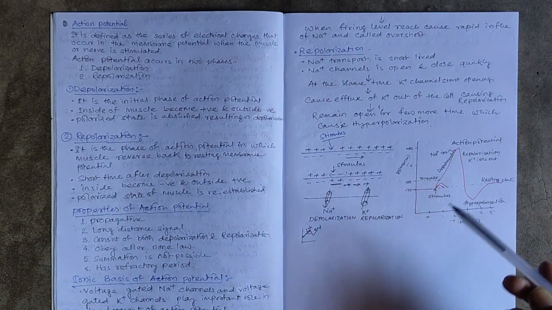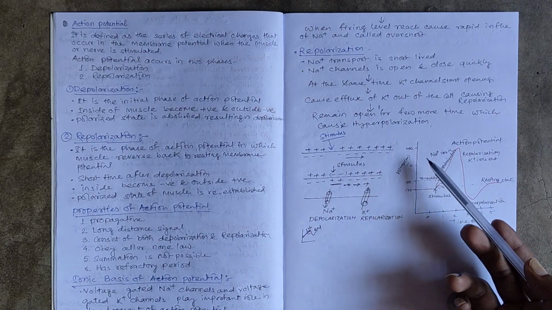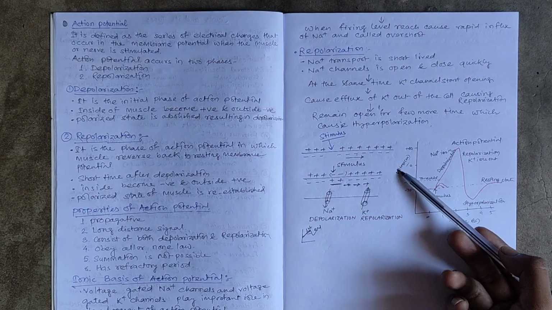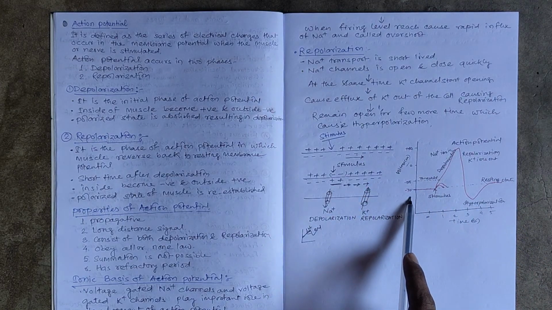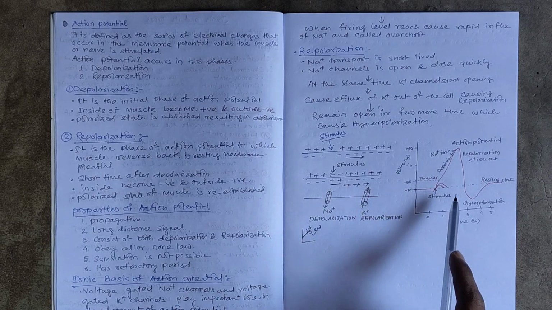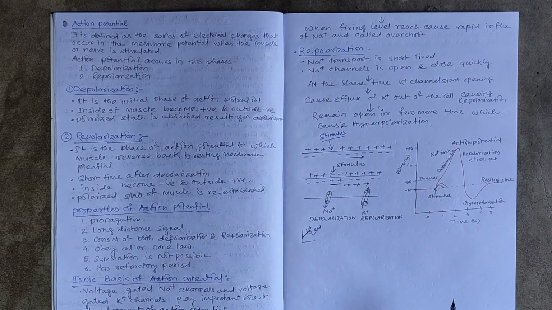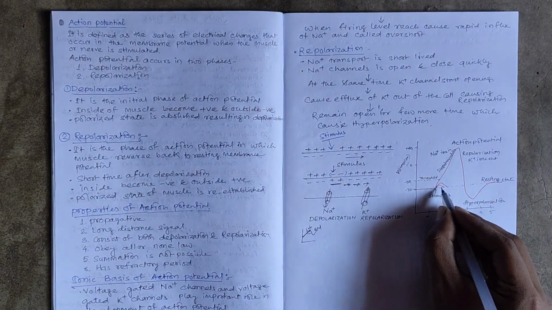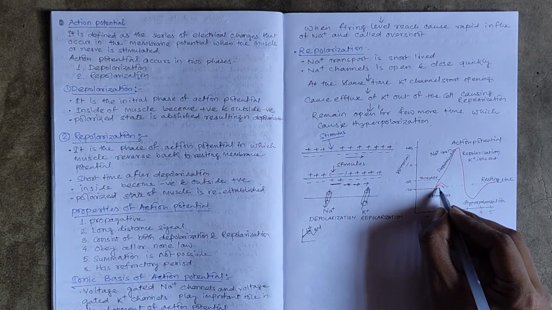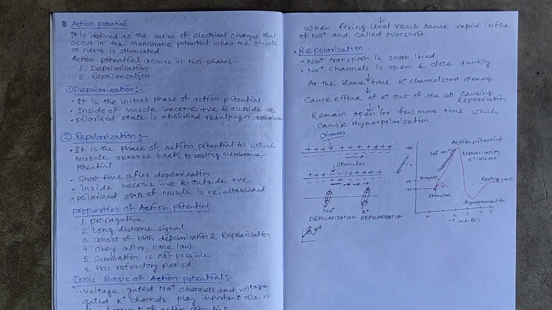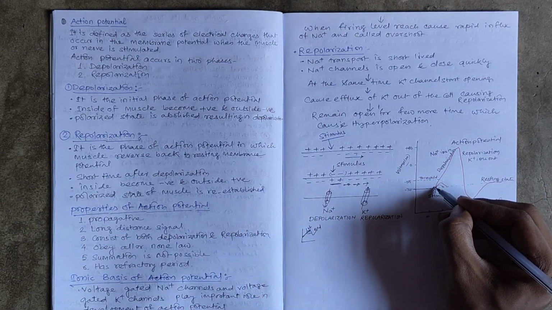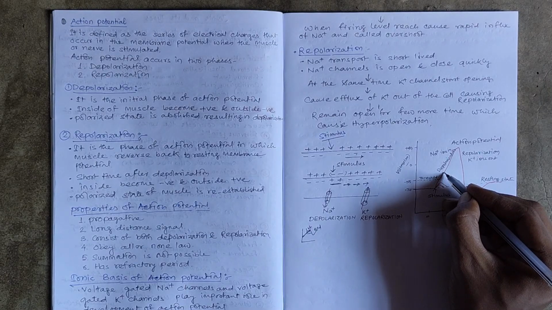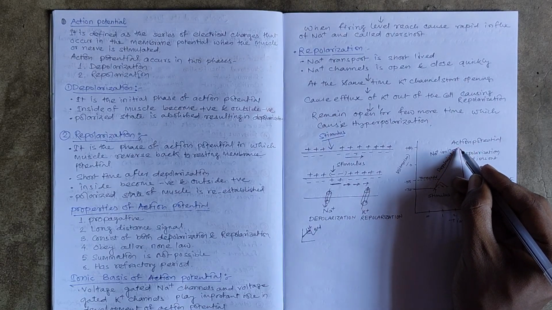Now, if you see the diagram, on this axis there is voltage, and on this axis there is time. First of all, the resting membrane potential is -70 millivolt. Then the stimulation comes. If the stimulation cannot pass the threshold amount of energy, then it cannot be passed by the membrane. When the stimulation has more energy than the threshold, then depolarization starts. Sodium ion comes in and depolarization goes on.